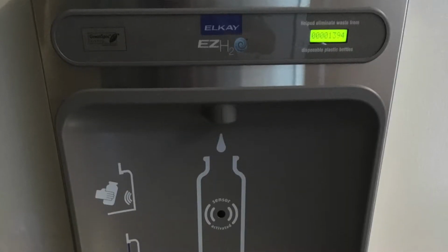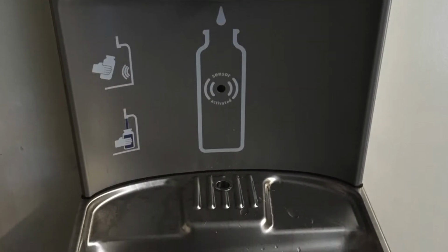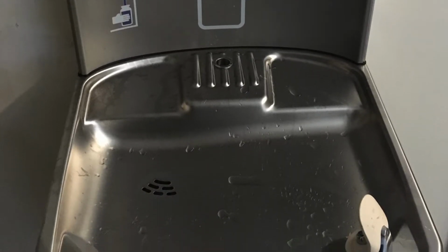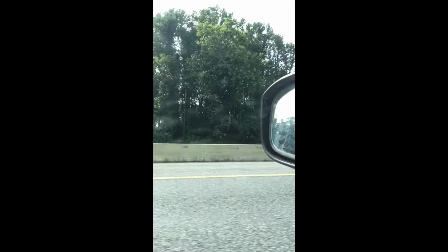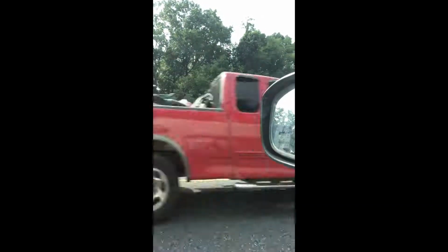I'll put a picture of one of these things in here. But I keep seeing them pop up in other places, mostly in government offices. I've seen them in libraries, national parks, that sort of thing. I'm seeing them showing up all over the place, and I think it kind of blows my mind. I mean, they're not being put into new facilities. The office I was working at was going through every floor, and there were a lot of floors. It was a big building, with a lot of hallways that had water fountains. They were replacing all their normal water fountains with these new bottle-saving